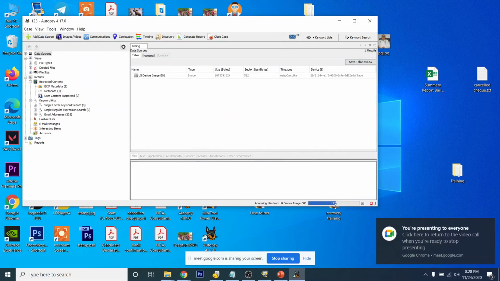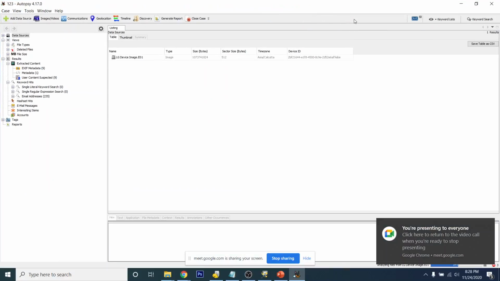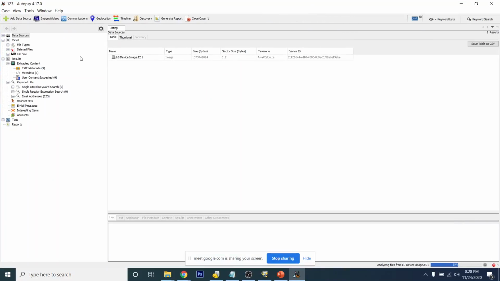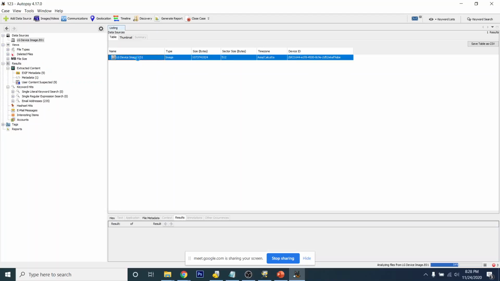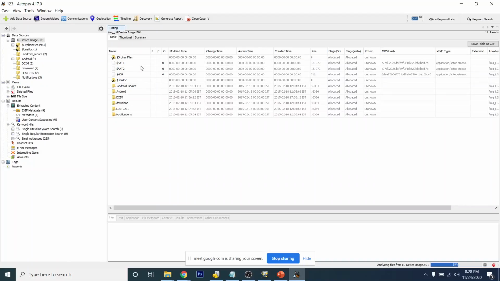Okay, so the image has loaded 54%, so we can continue definitely. This is the LG mobile phone. It has these different folders. Download is there, DCIM is there, Android is there. Android will always be there, DCIM is for camera, download is for your downloaded files, notifications is there.